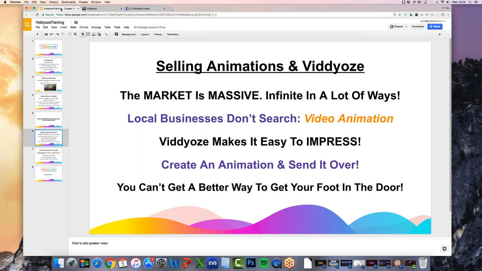I mean, how many businesses are there across the world? Well, I don't think it's billions, but tens, hundreds of millions of different businesses that all need this. So there is no way any one person is going to saturate that market. It would take an army of 1 million people to saturate any sort of market like that. And even then it would take an absolute age to do it.